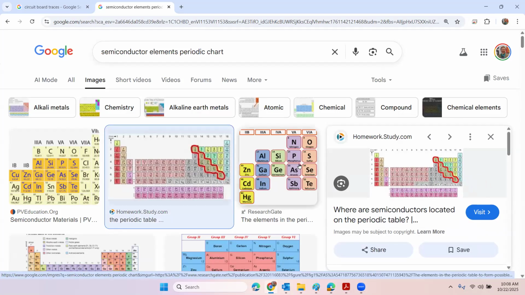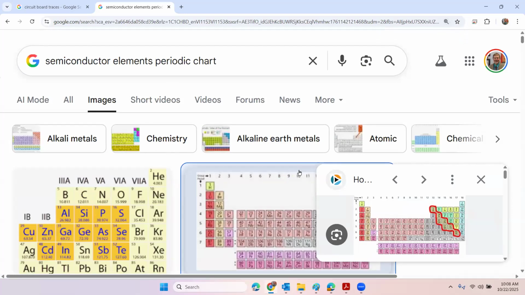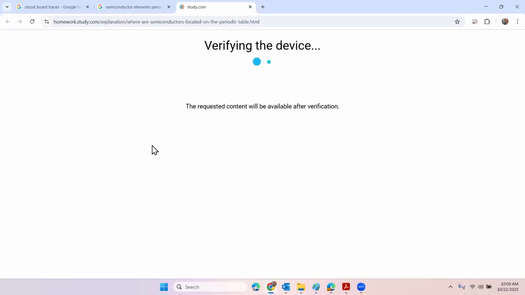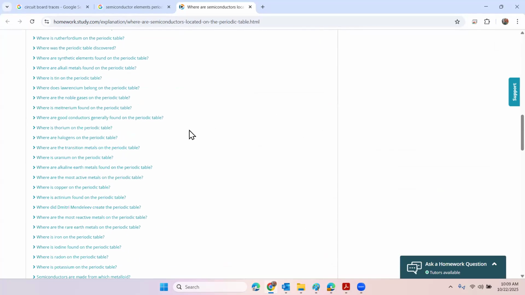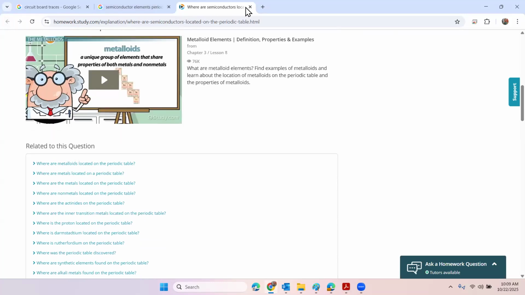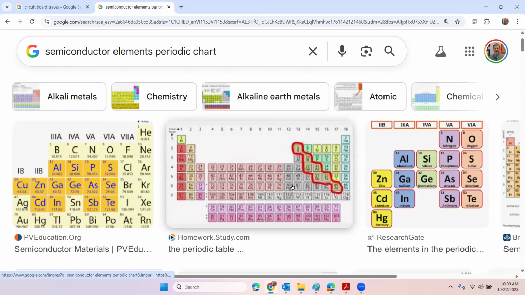Can everybody see this screen? Yeah. Let's see if we can get a better view of this. So you have some elements in the table of periodic elements. And oh, come on. Yeah, it doesn't have that other image. So this is